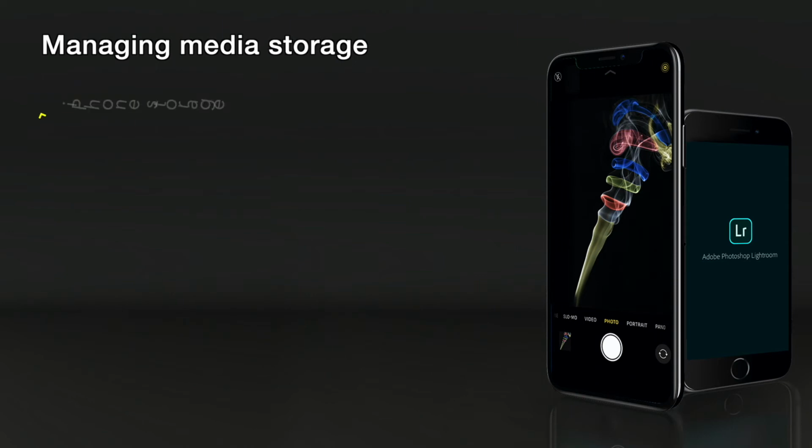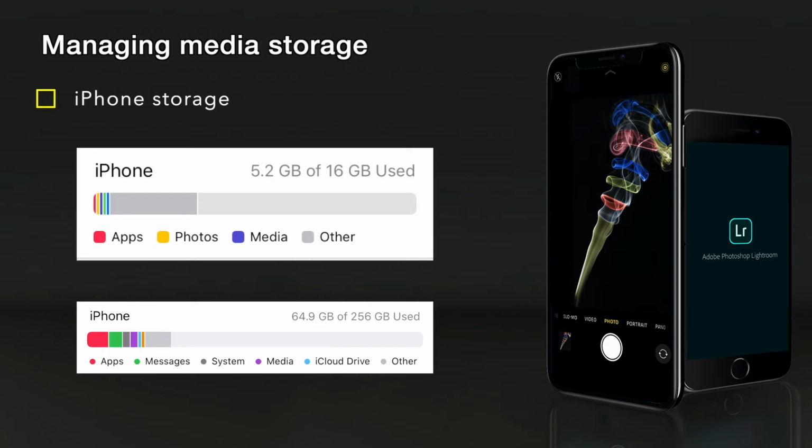So the iPhone storage itself. This all depends on the phone's capacity and what you have on it. And that's not just photos and videos. This includes the apps, the emails, the texts. They all have bulky sized file items. So if you have a 256 gig iPhone, for instance, over a 16 gigabyte iPhone, then it's not so much